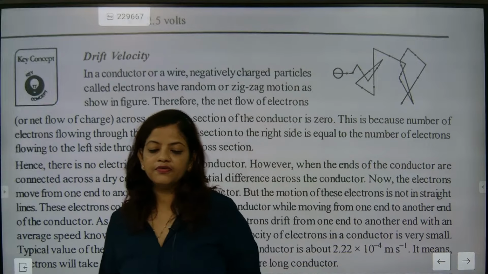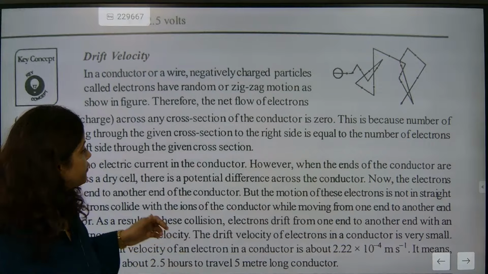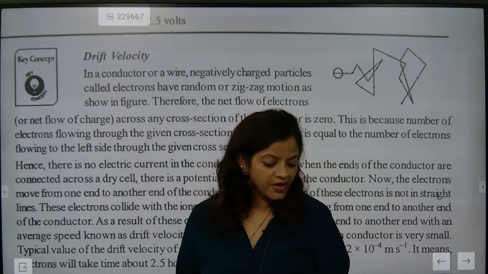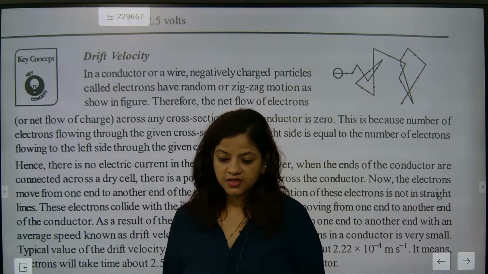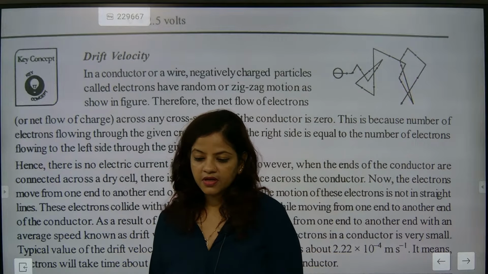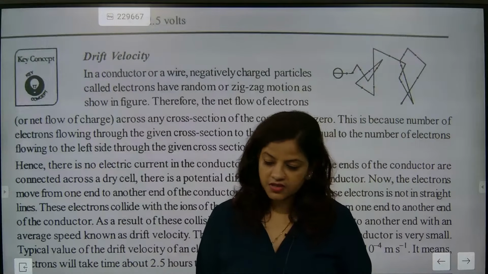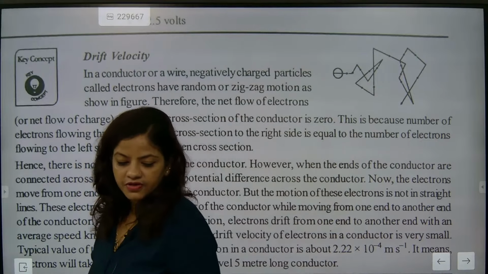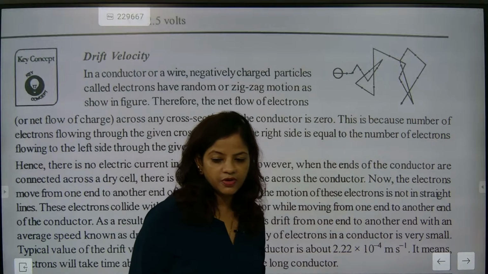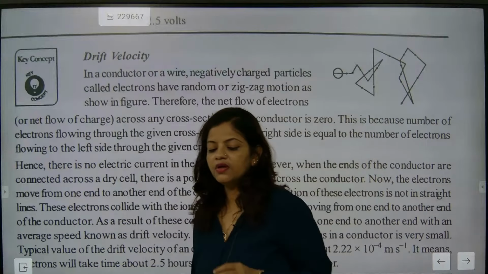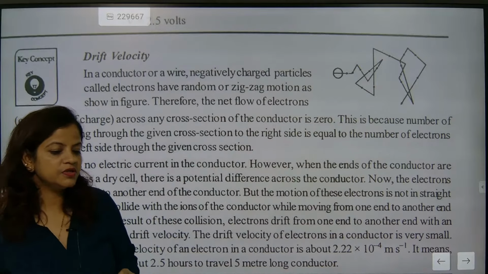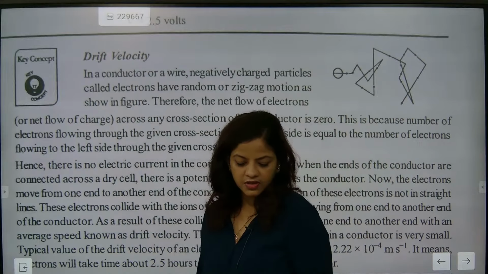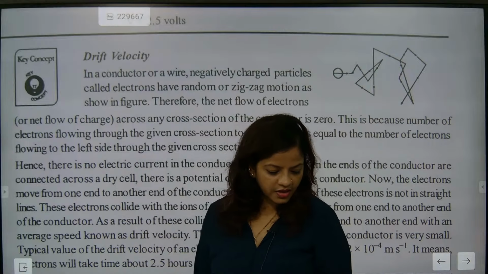We are going to talk about drift velocity. Now you need to understand some factors. Last part we have studied about electricity. We have discussed the most important sections yesterday. Good morning, everyone. We were discussing potential difference and voltmeter. These were the two things we have studied, and I was about to ask some questions based on the content we have discussed.